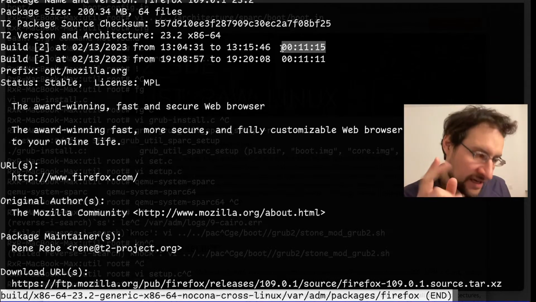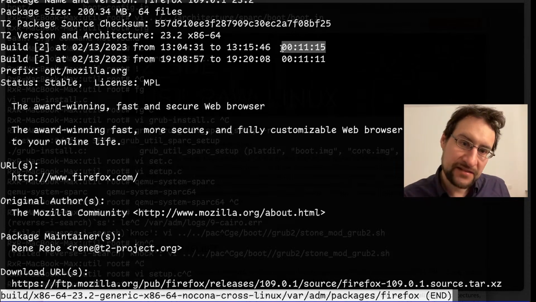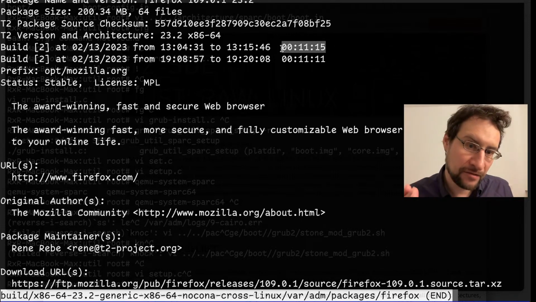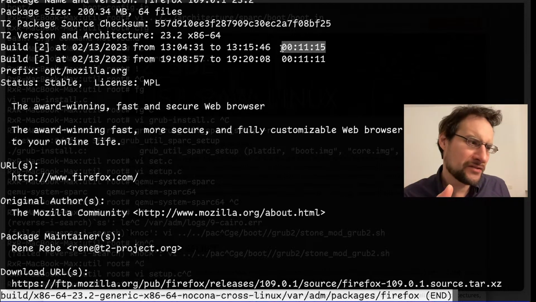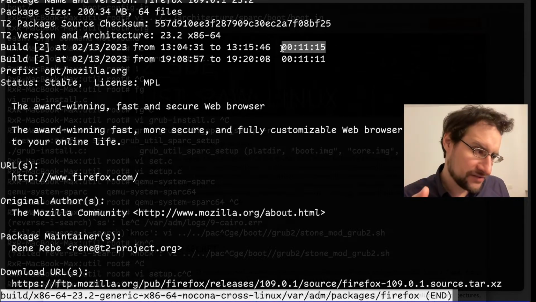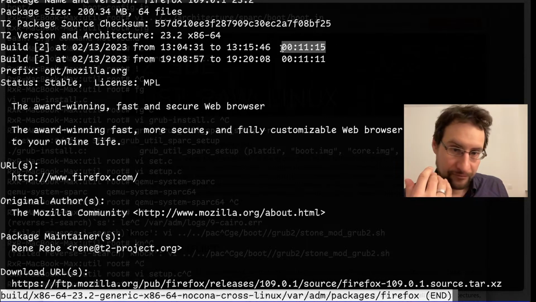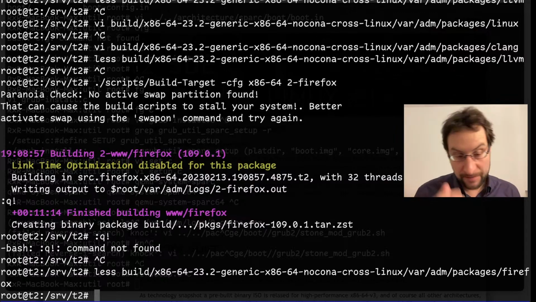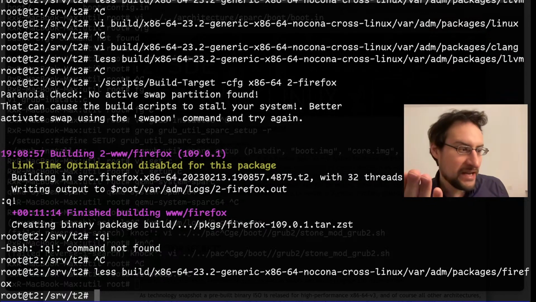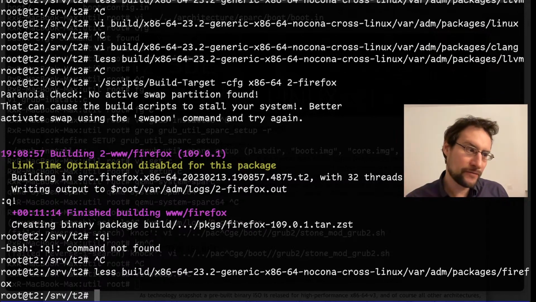It is still 4 seconds. The reason it's probably not that much faster is that Firefox has a very long single-threaded compile time. LLVM, Clang and the Linux kernel are much more embarrassingly parallel. Most of Firefox is too, but there are 4 minutes or whatever of Rust and link time optimization runs. So this is kind of to be expected, as the others stress the kernel much more, with context switching and whatnot. So yeah, amazing. Up to 5, maybe even more,